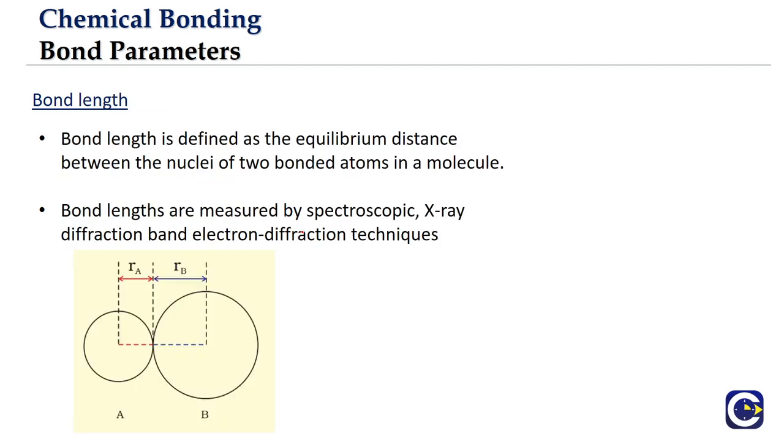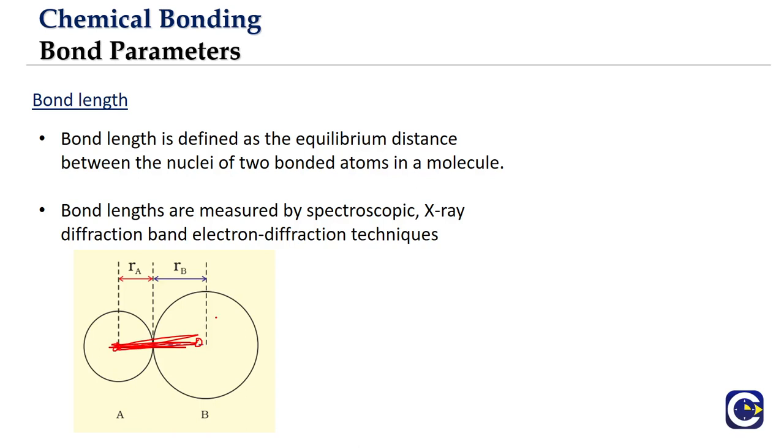Okay, so if you look at bond length, what is a bond length? When we talk about the existence of a chemical bond between two atoms, the equilibrium distance, so to say. What is the equilibrium distance? If you look at the nuclei of the two atoms, atom A and atom B, they are forming a chemical bond, imagine. The internuclear distance, the distance between the nuclei of atom A and atom B at that equilibrium position where they will be held together, is basically what we call the bond length.